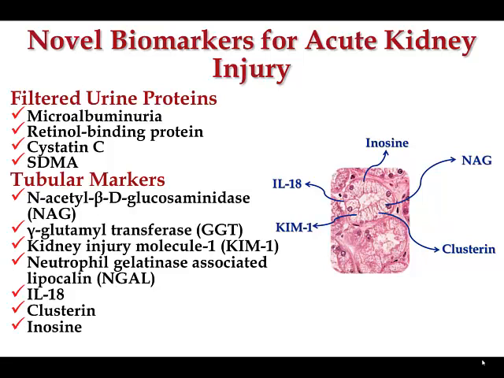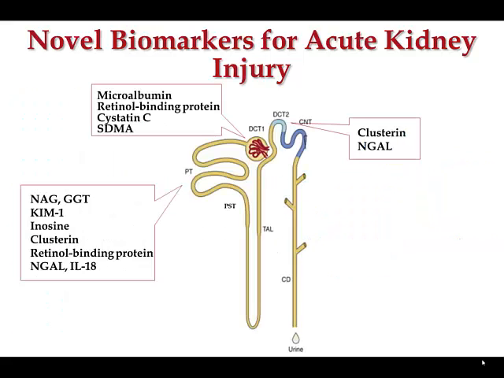So we sort of took KIM1 off of our list, even though that's one that's been highly touted for predicting early disease in humans. So let me show you some data from a few of these biomarkers that we've had the privilege of collaborating on, and we have some of the collaborators right here in the audience that have given us a lot of encouragement and enthusiasm that maybe in the very, very near future we might have some better diagnostic and predictive markers for this kind of injury.